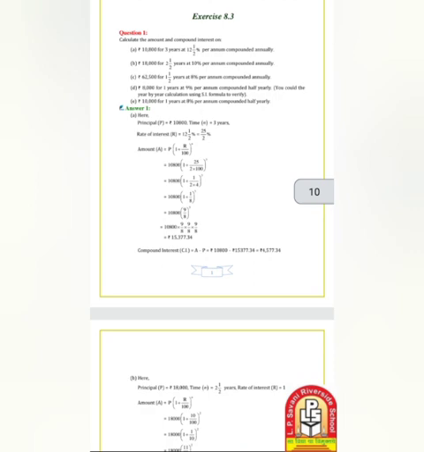Standard 8, Chapter number 8, Comparing Quantities. In previous lectures, we completed up to exercise 8.2. Let's begin with exercise 8.3, question number 1. In question number 1, calculate the amount and compound interest on 10,800 for 3 years at 12 and a half percent